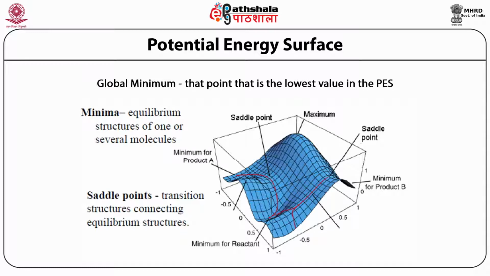That is, the transition structure connecting to the equilibrium structure is called a saddle point. However, the global minimum path should go from the minimum of one product, that is A, to B. Hence, it must pass through maybe many saddle points, but it should pass through the maxima at least. And this is one small potential energy surface, as I showed you here.